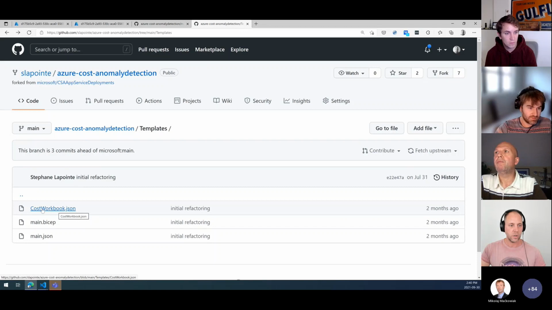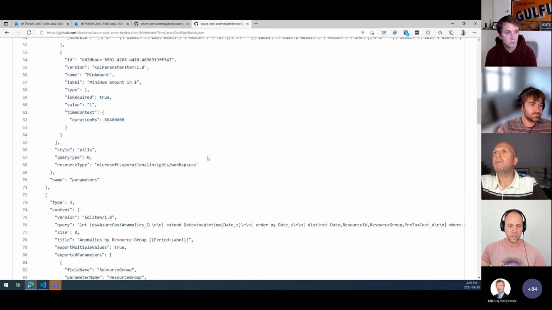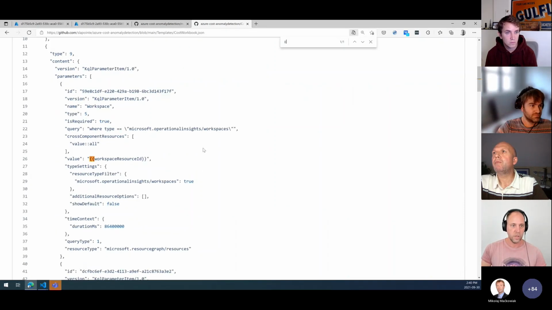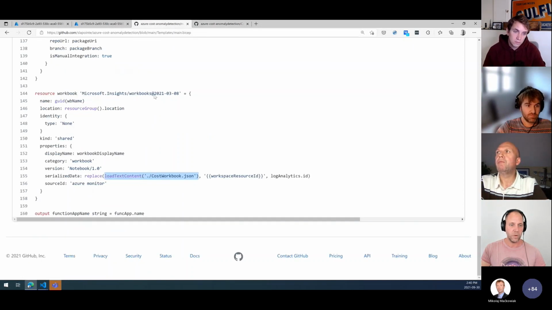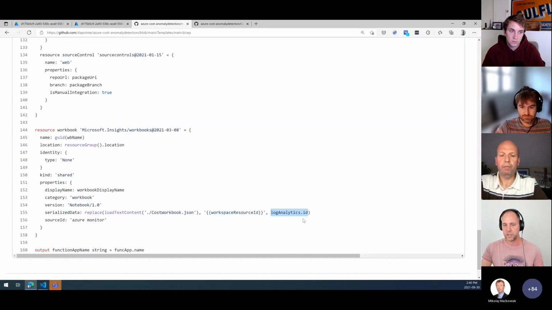So in the workbook definition, I just put a token in there, and when I load the file now, I load the content of the text file and replace that part with the Log Analytics resource that is just above, and I get the ID basically, and everything is loaded, the token is replaced, and everything is sent after that to the serialized data.